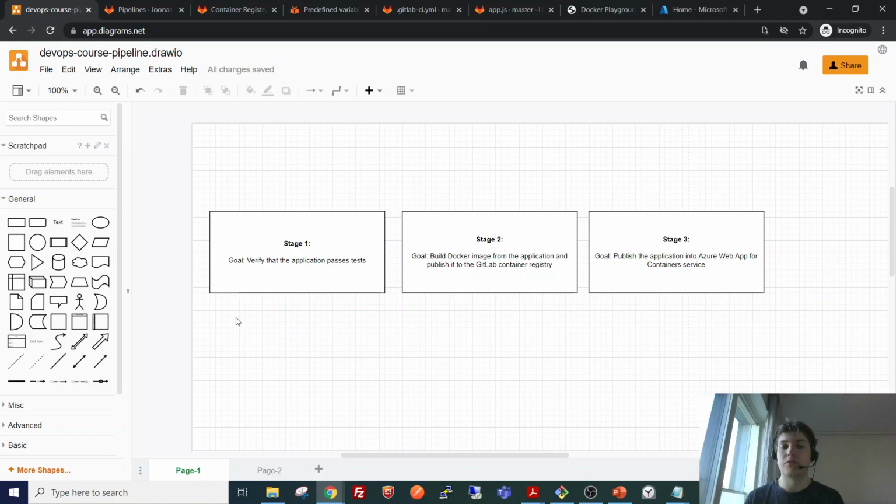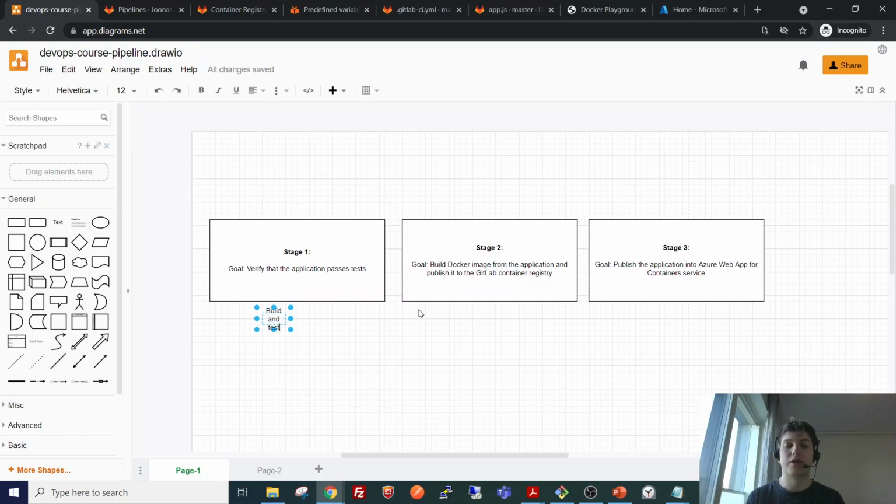Now the reason that this pipeline doesn't follow the build, test, deploy principle is that it even kinda does follow it, because before running the tests we will need to install the application, so that can be viewed as the build phase of the pipeline. And then this second stage refers to building the Docker image rather than the application. So maybe the first stage could be phrased as build and test.